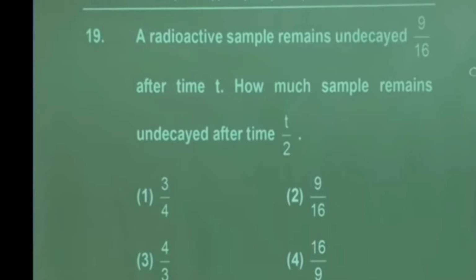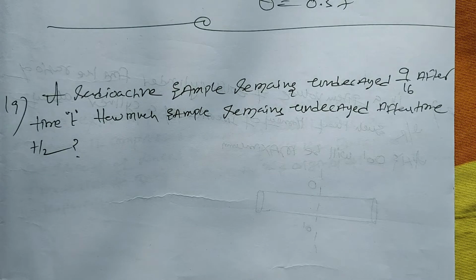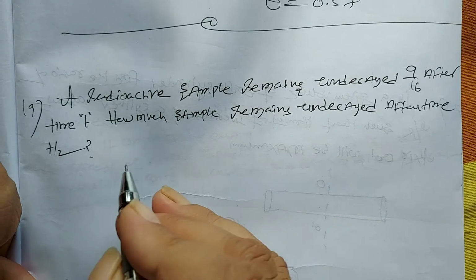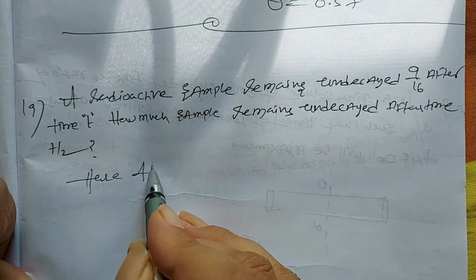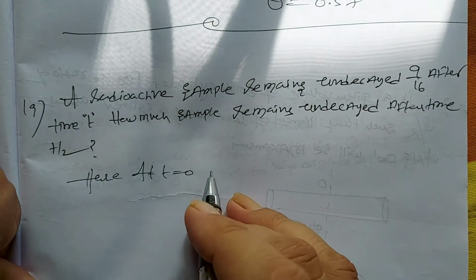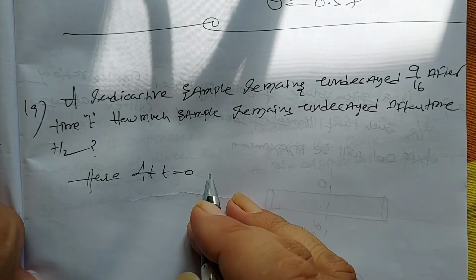Okay, next question. A radioactive sample remains undecayed 9 by 16 after time t. How much sample remains undecayed after time t by 2? Here at t is equal to 0,